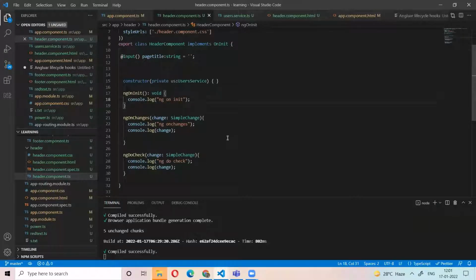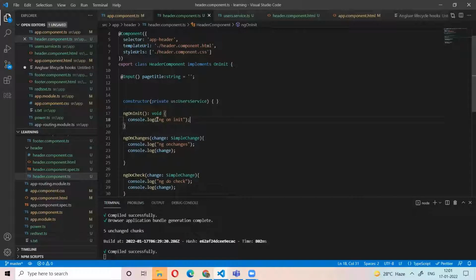Every time the data changes, ngOnChanges will be called, and only when the data is changing. But irrespective of the data changing, if you click something and the data is not changed, and at that time you want to log something or do something, then I use the ngDoCheck life cycle hook. Okay, till now you people understand?